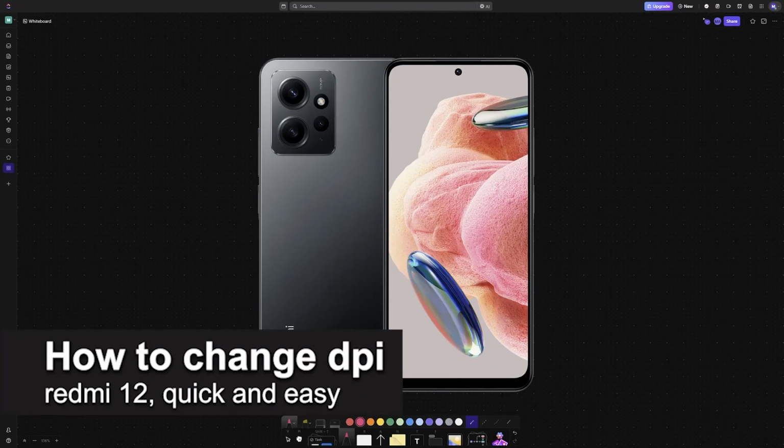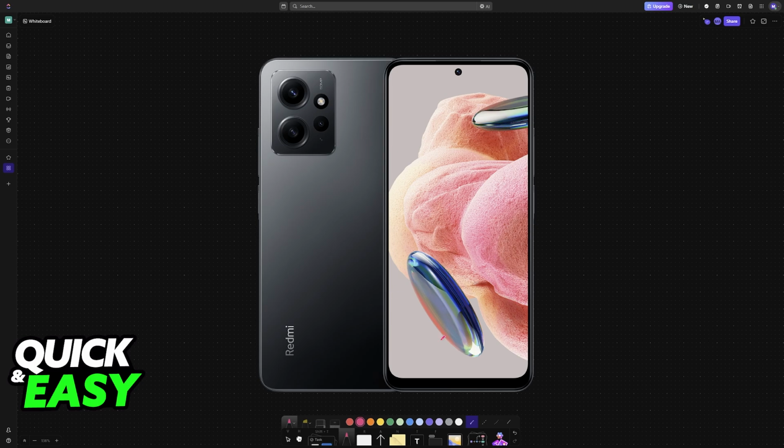I'm gonna teach you how to change DPI on your Redmi 12. It's a very easy process, so make sure to follow along. In this video, I'm gonna teach you how you can easily customize the DPI of your Redmi smartphone. I'm gonna be talking about the Redmi 12 specifically, but this process should also work with any other model that